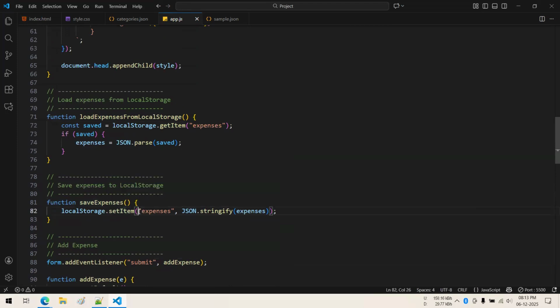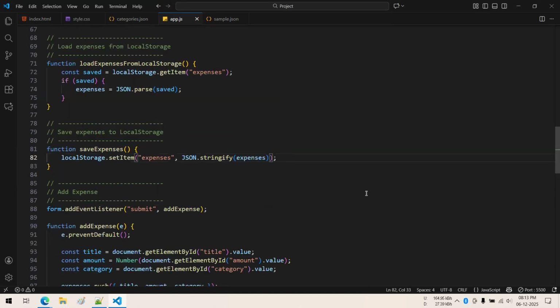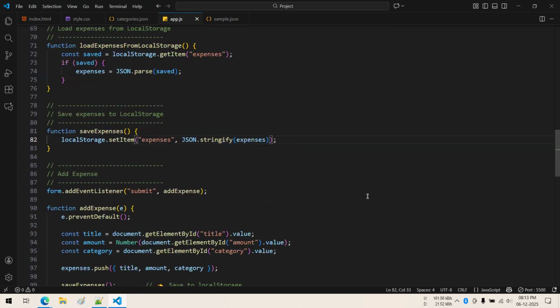Now again, whenever you are setting, the same key is used, and what will the value be? I have told you that string data needs to be stored. That's why expenses is the key, and the value is the corresponding string value of that JavaScript object. Okay, I hope up to this is very clear. So up to now, what we have seen